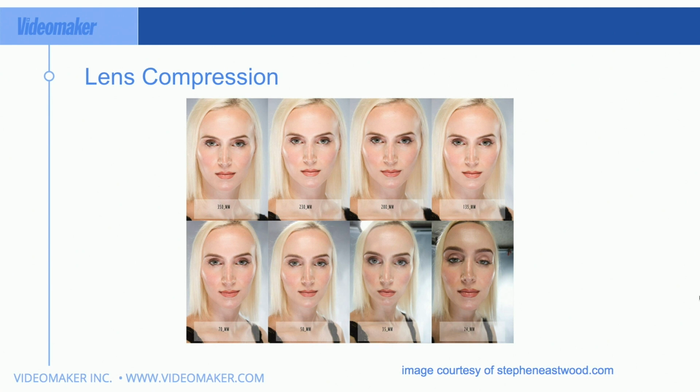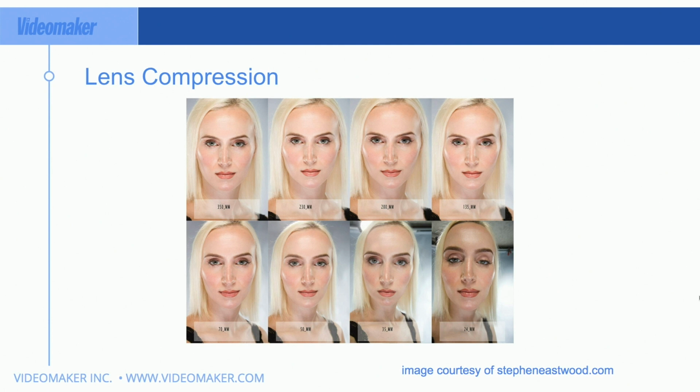So if you're doing portraits or interviews or anything like that, anything above 50 millimeter is what I recommend. You'll have a more flattering look. If you have someone that feels like they're fat, or they are fat, whatever, shoot them with a longer lens, because it's going to skinny them, is the way people think.